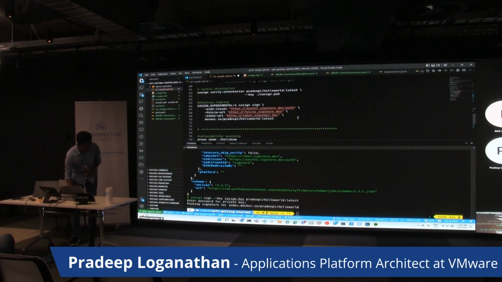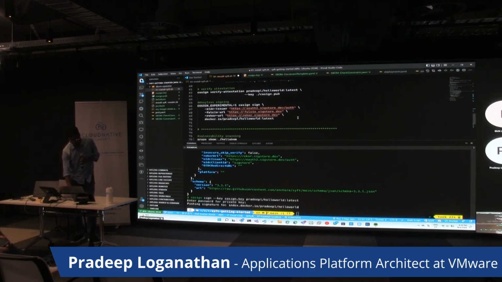Cosign also has an experimental way in which a bunch of other open source tools work in the background. There is another open source tool called Fulcio, and there is Rekor. Fulcio is similar to Let's Encrypt, wherein Fulcio gives you root CA certificates so that you can sign your software packages, and there is a verified line of trust across your software packages. Similarly, Rekor is a storage system wherein you can store your signed SBOMs publicly, so that if you download a particular container image you can verify what it contains, whether there was any modification, and what's happened down the pipeline.